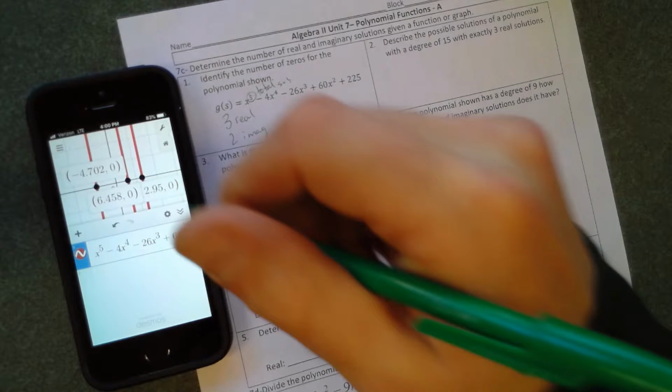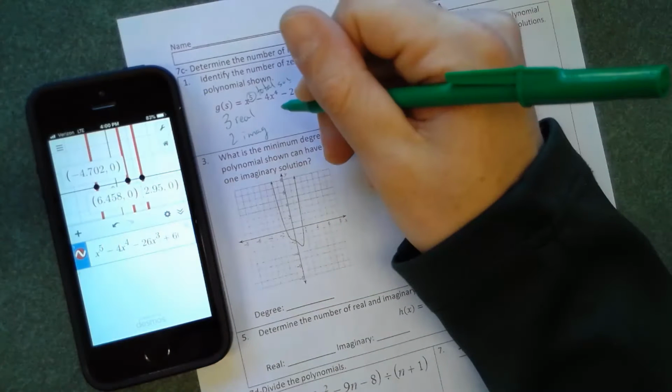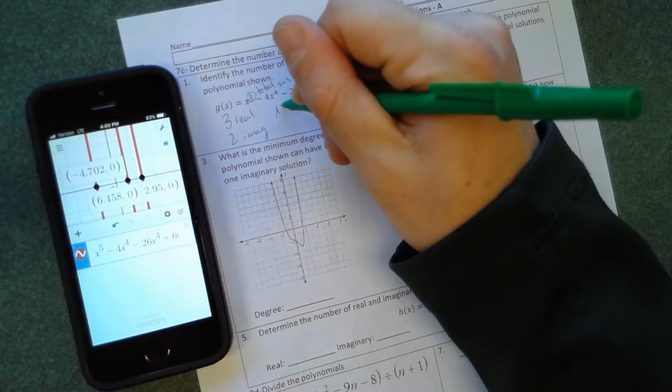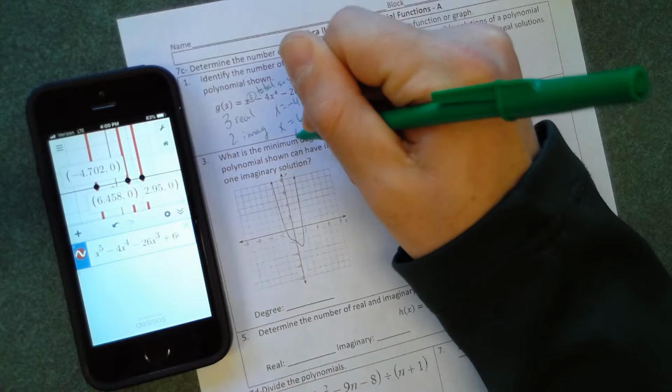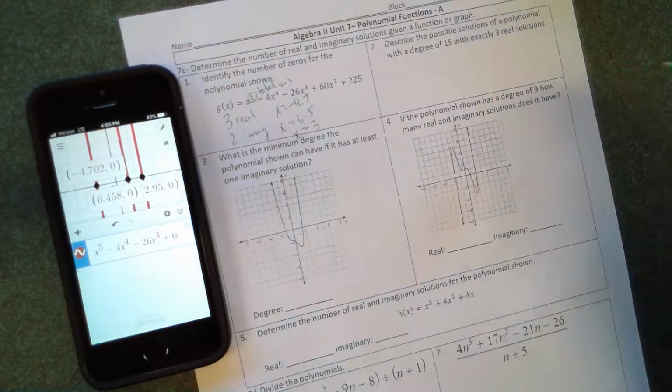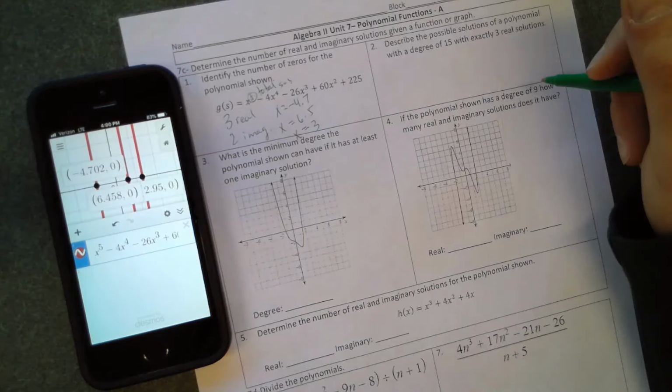Finding those solutions, well, they're right on the calculator here. So x equals negative 4.7, x equals 6.5, and x equals, we'll round to 3. And they're all single solutions. Number 2,